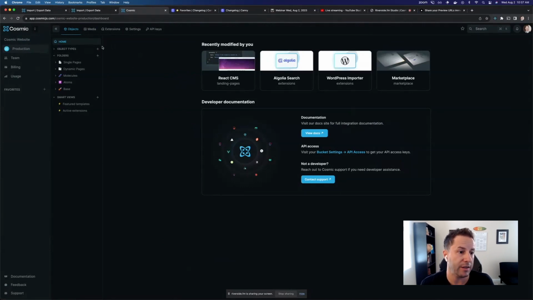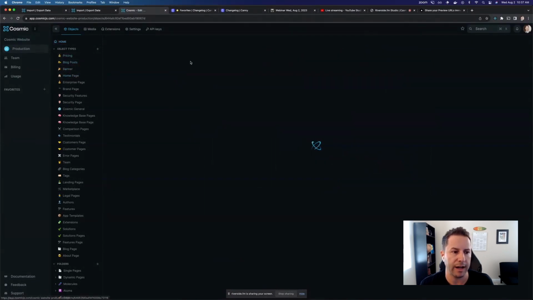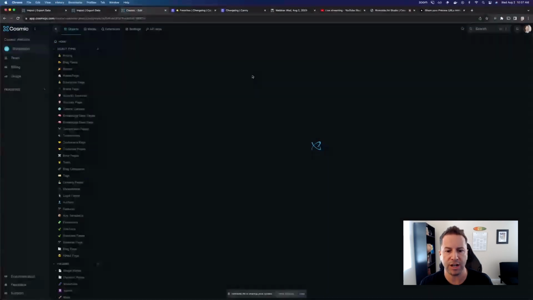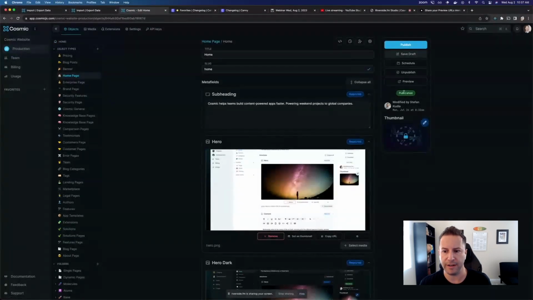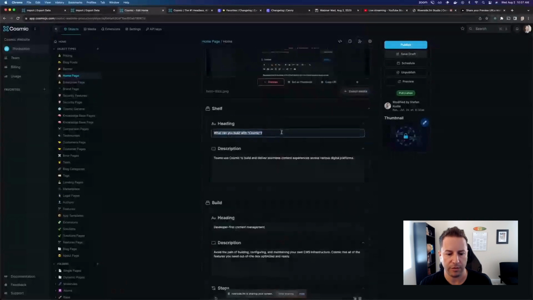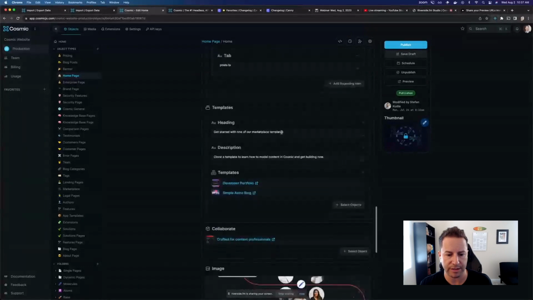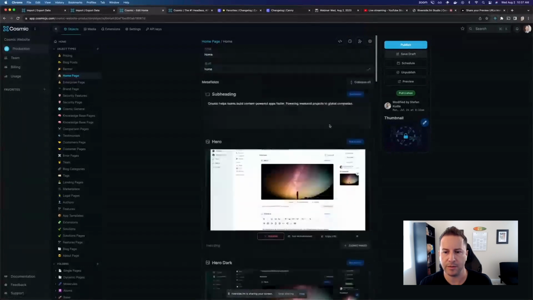So as you can see, this is our website bucket. So this is exactly what we use to manage content within Cosmic. So if you go into the home page, you'll notice that the homepage content is directly feeding from this Cosmic object. Build, collaborate, deliver. You'll see that all of our content is coming through from this object here,